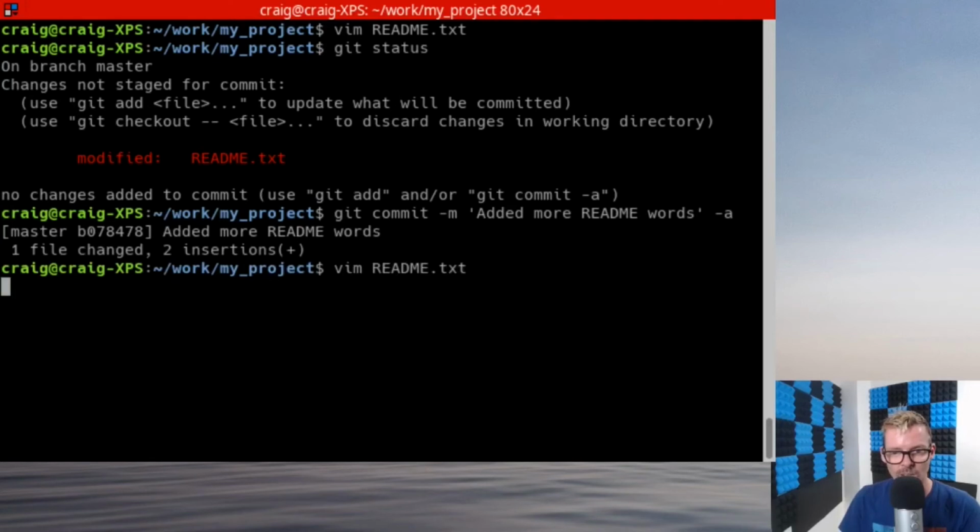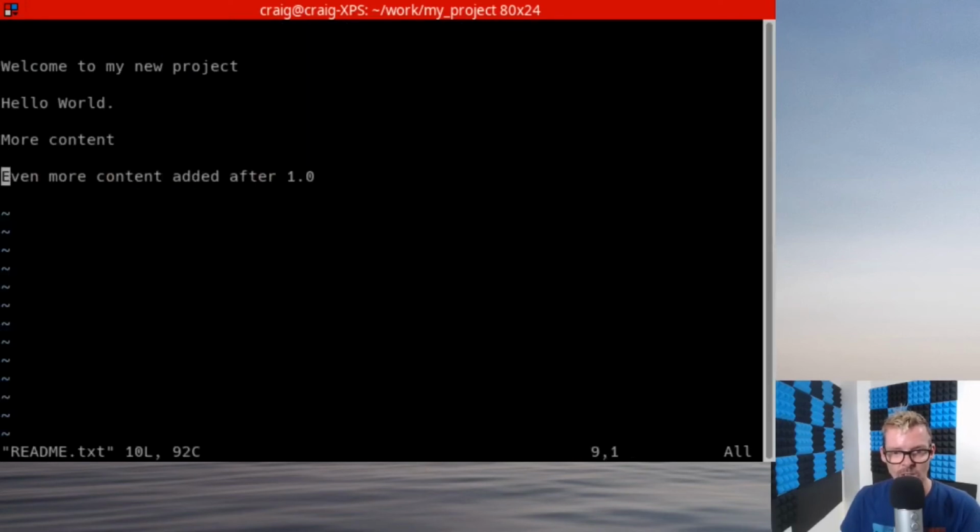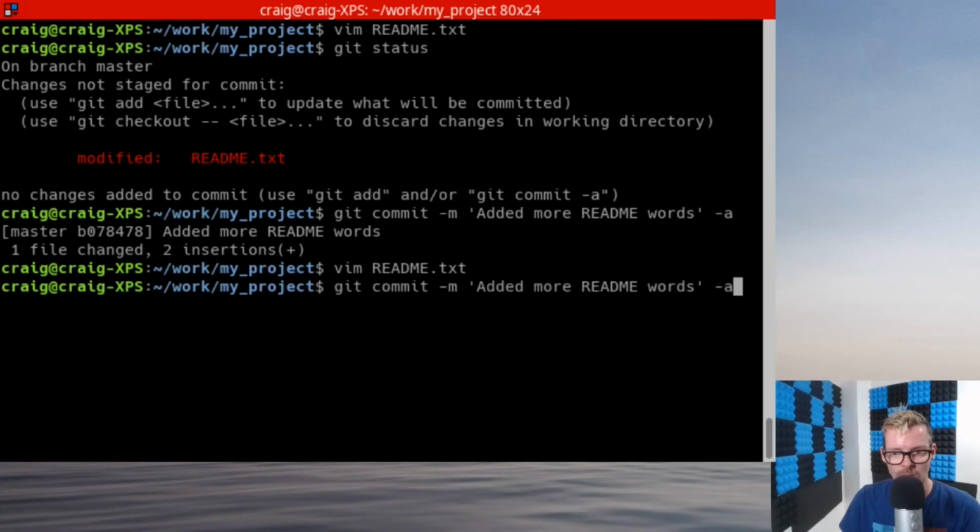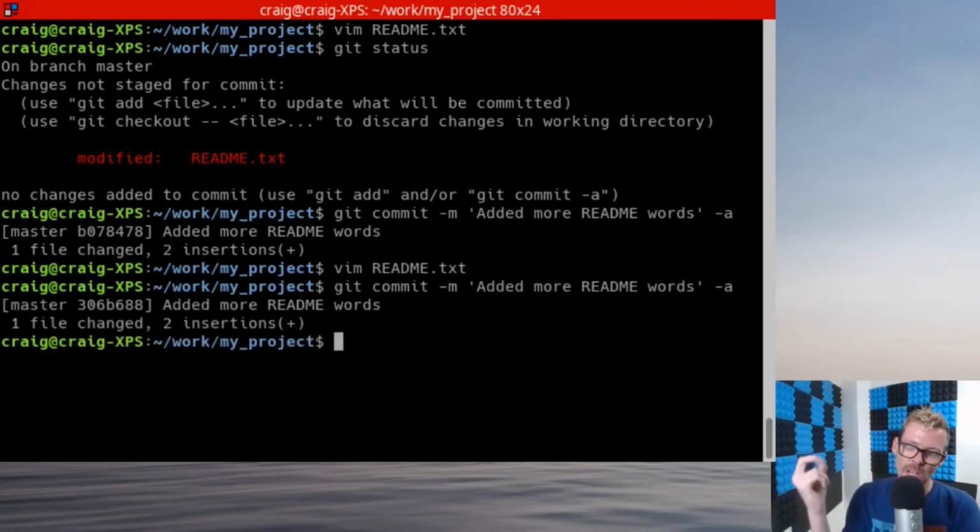And I'm going to do yet another change. And commit that. So what I've done is add 2 new commits to the master branch. But these commits have been added since I tagged the 1.0 version of this repo. So if I do another git log,